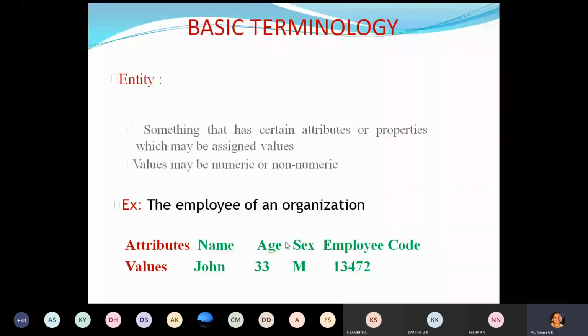It is assigned two values, male or female. If you consider name, it is divided into first name, middle name, and last name. Clear now? That is called an entity. It is something that has certain attributes or properties. Values may be numeric or non-numeric.